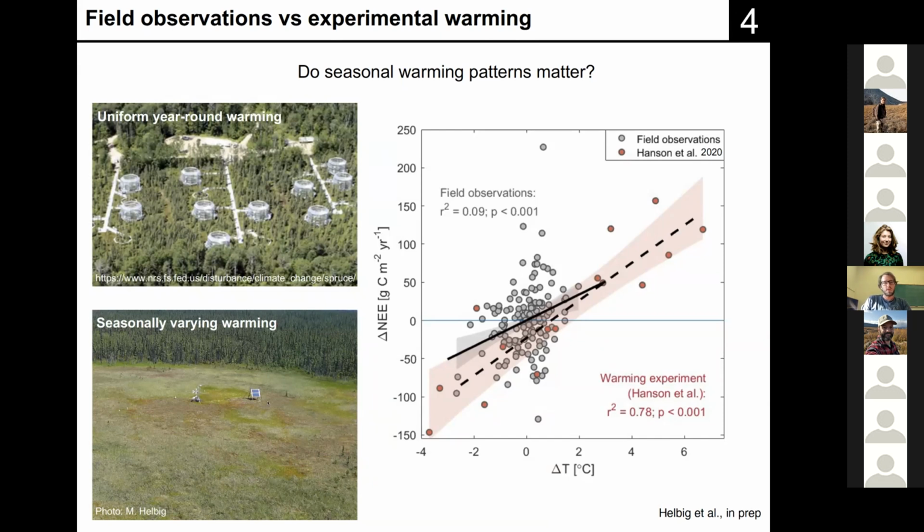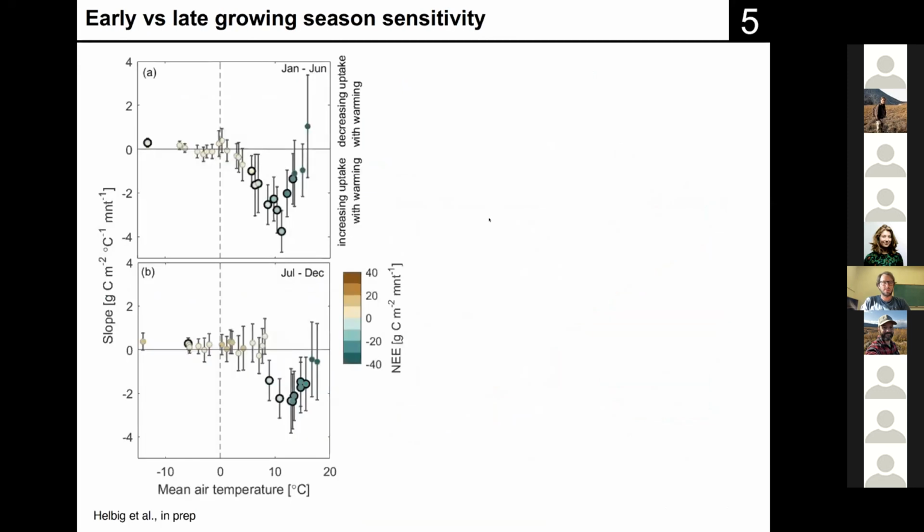But then if you're at the eddy covariance side, you look at interannual variability, you actually have seasonally varying warming and cooling and so on. So when you look at the anomalies across all these sites, you see that we can only explain less than 10% of the variation in the interannual variability. And that might be partly because of the differences in warming patterns across different seasons.